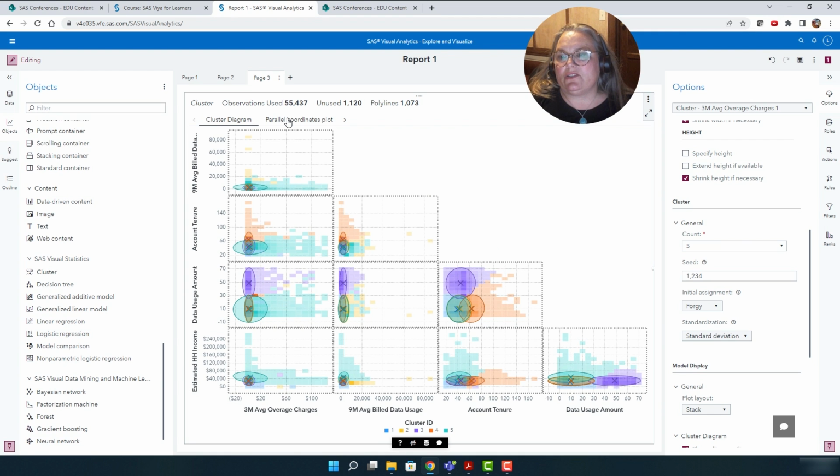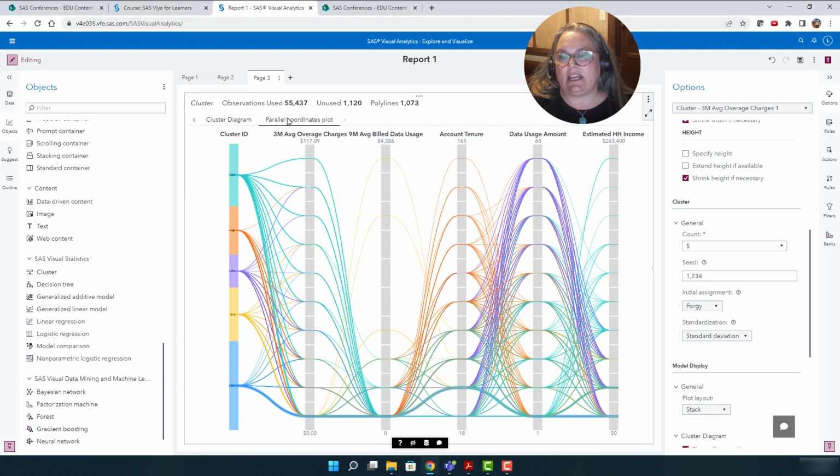The other piece of this is just another way to look at this data, and this is a parallel coordinates plot. We can see that it looks like our ones are sort of on the lower end of most of our observations, and our 5s are very low in the bill data usage.